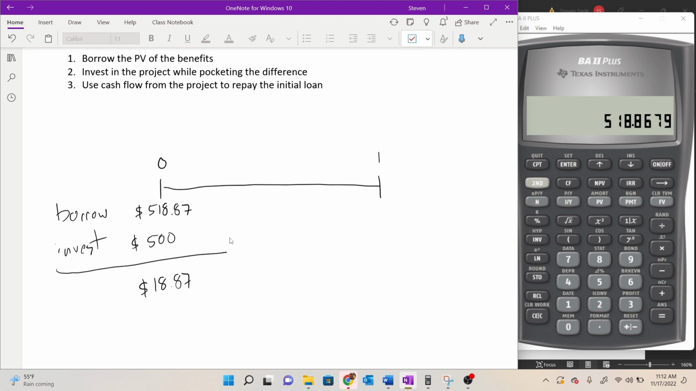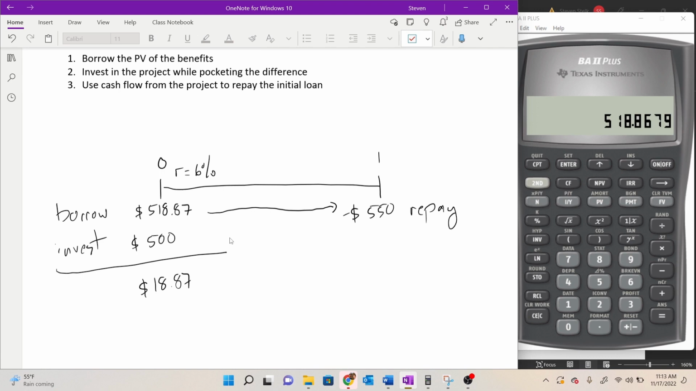Now, when we need to repay this loan in 1 year, right, we're going to have to pay it back with 6% interest. Well, that means just finding the future value of this $518.87 at a rate of 6%. Well, we already know what that is because we got this $518.87 by calculating the present value. So the future value of it is going to be $550. Here we go. Minus